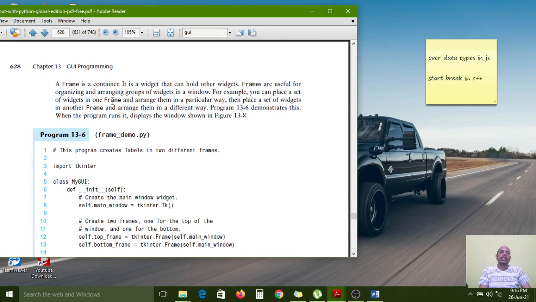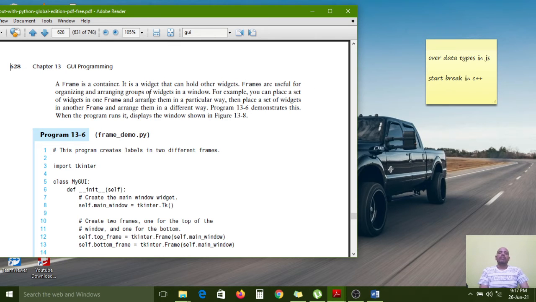A frame is a container, it is a widget that can hold other widgets. Actually a frame is also one of the widgets, and it works like a container that can hold other widgets.